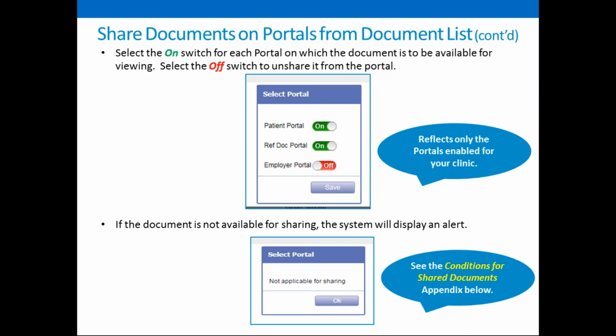And you simply say on or off if you want that document to be visible for users who log into that respective portal. Now in the case of the lower one here, when it says not applicable, that means one of two things. And the conditions are in the appendix a little bit down below here. Not applicable means either one, the document is never shareable. Like within EMR, if you have messages to one another,